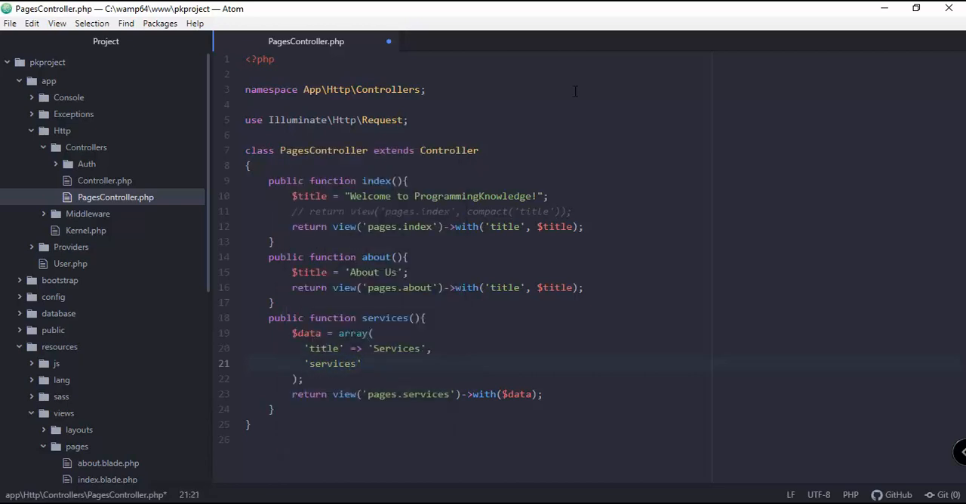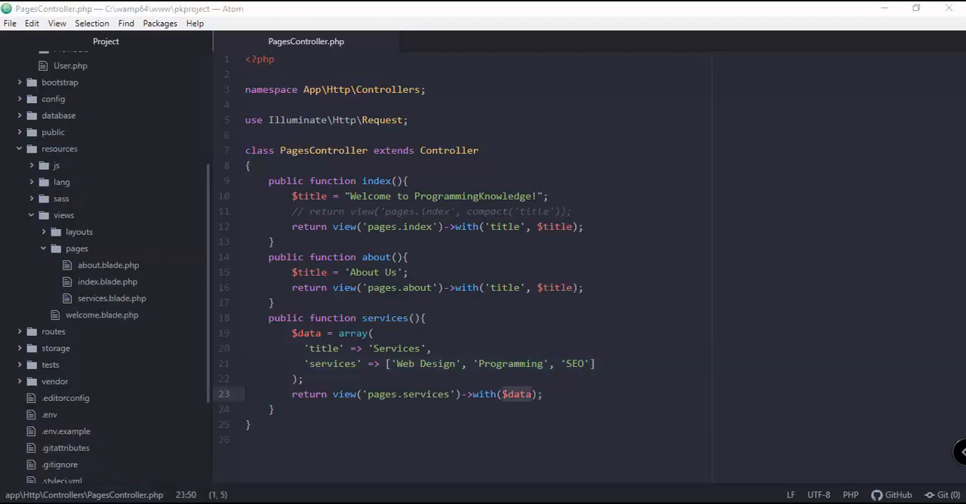So services, and then we're going to add a regular array here for our services. So number one will be web design. The second one is programming. Third will be SEO. Alright, so since we're passing this services inside the data array, we should be able to access that in